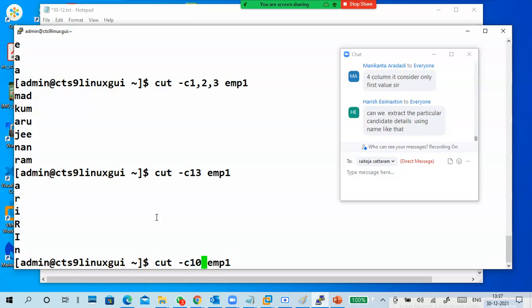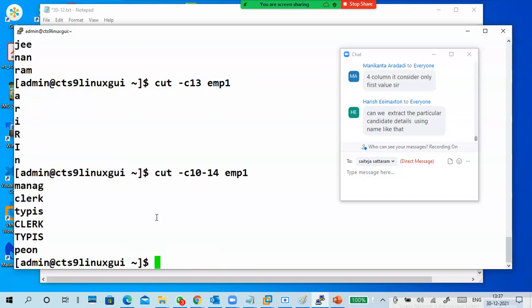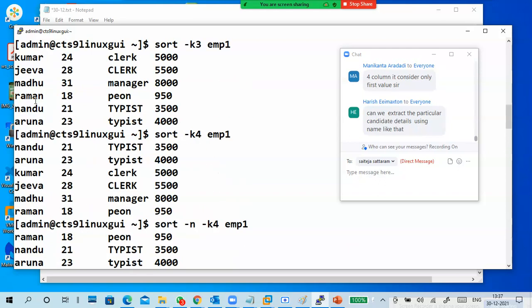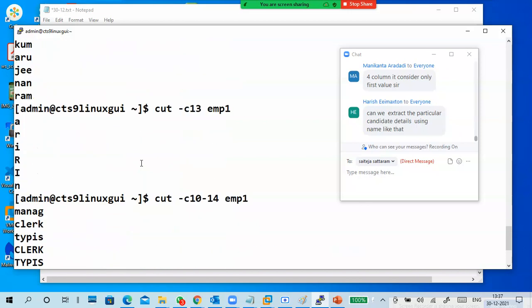I want to use 10 to 14, maybe 10 to 15. It means it is slicing each one, 1, 2, 3, 4, 5, like this. It's a slicer.